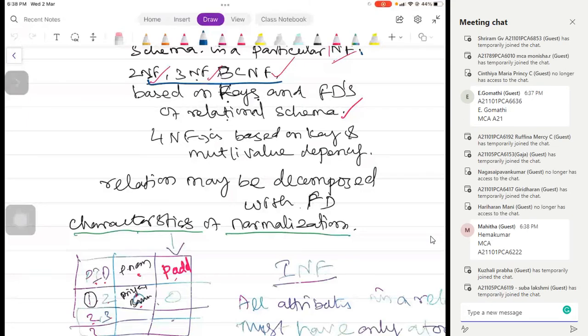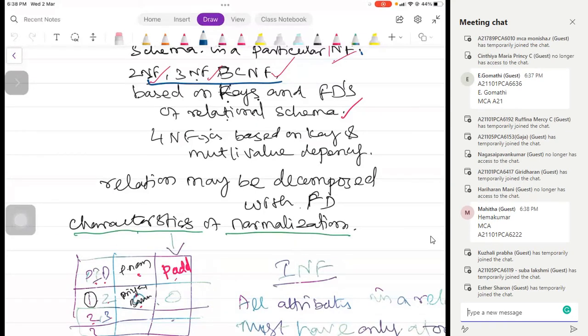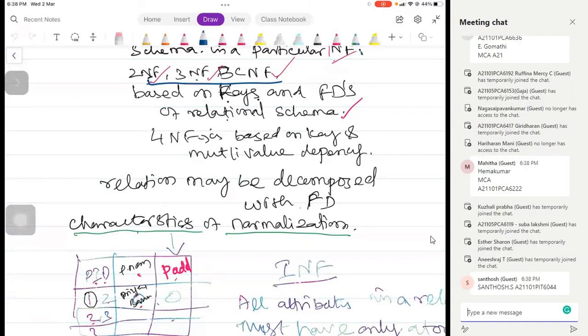So a relation may have more than one value for particular attributes, and we will see that one by one. A relation may be decomposed with the functional dependency. See, usually in earlier days, in our